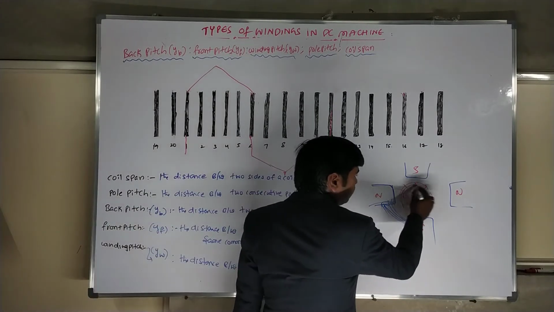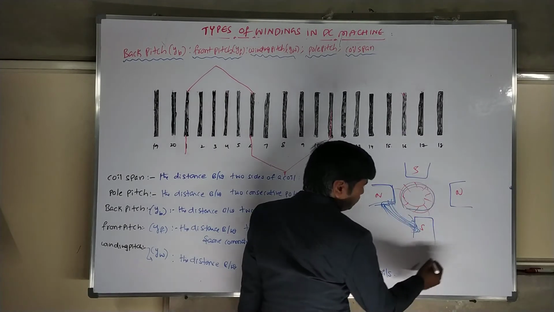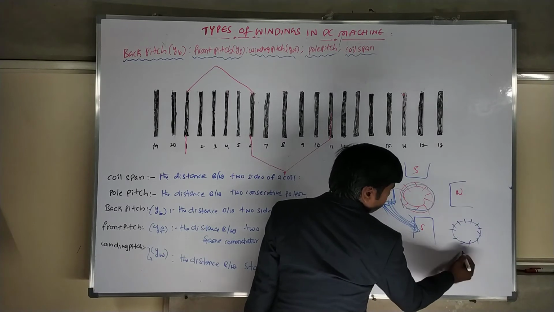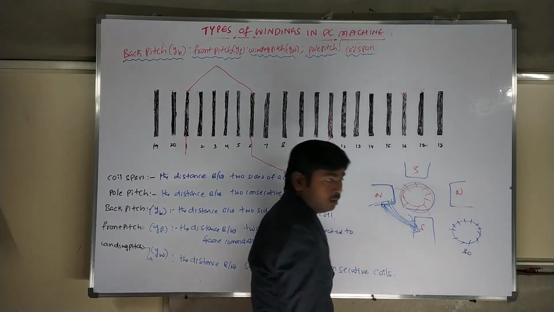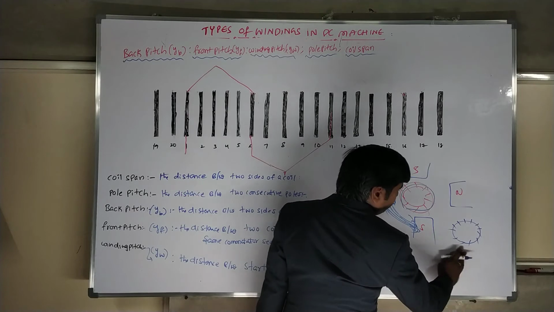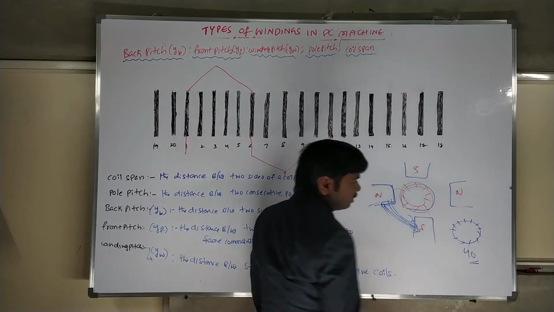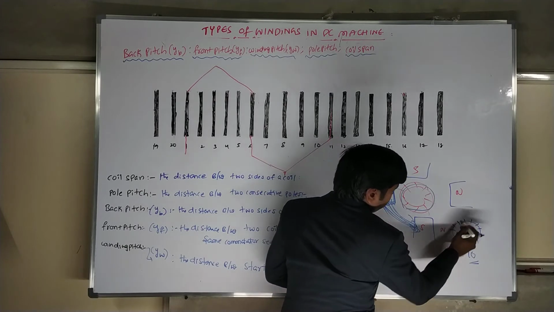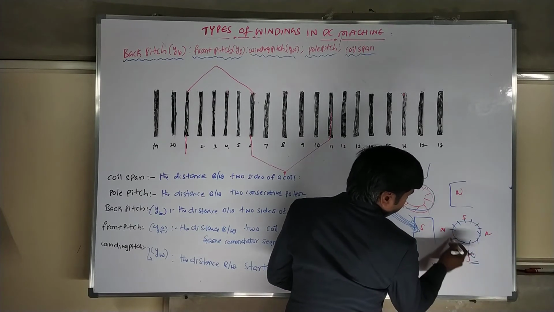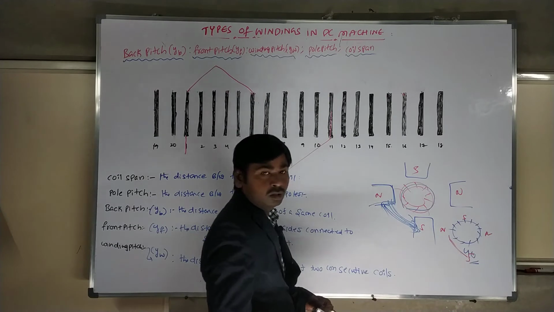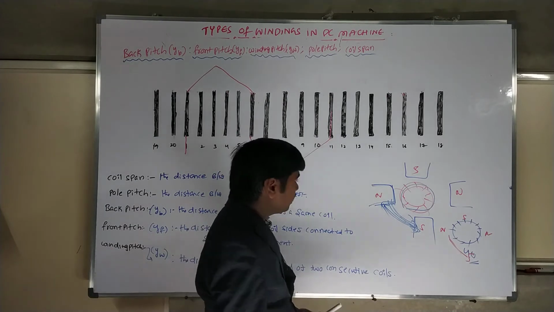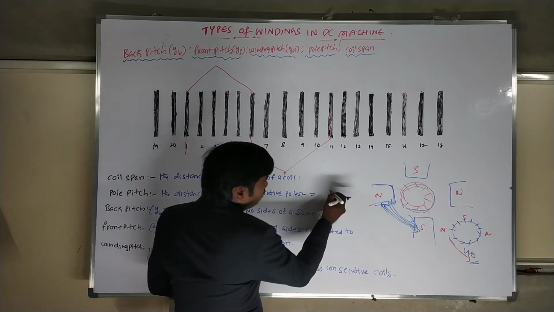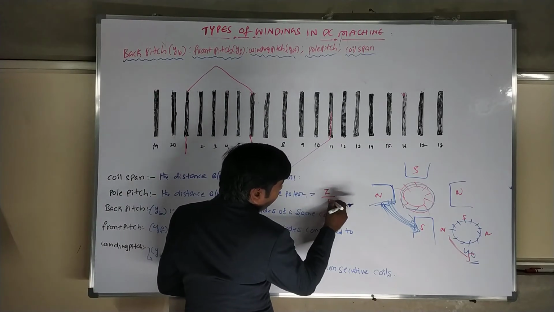Let us say we have 30 conductors, surrounding, 1, 2, 3, 4, 5 like this. Or, to understand it very clearly, you can take 40 conductors. There are 40 conductors. So they have north, south, north and south. Here to here, how much will be there? It will be divided by 4. How do you get the pole pitch? The total number of conductors should be divided by the number of poles.